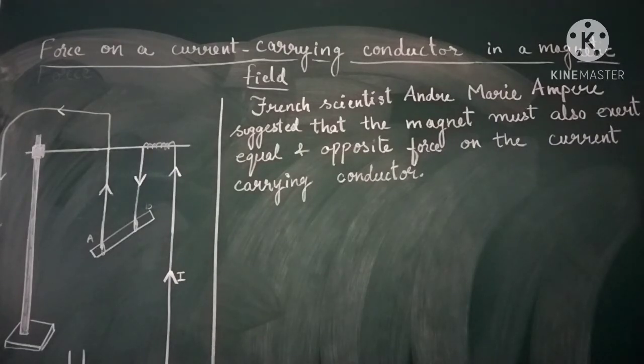We'll come to know about the electric motor also, which functions on this particular theory, and the principle behind that is the same which is written on the top of the board: force on a current carrying conductor in a magnetic field. Now let us see what he was trying to explain through this diagram.